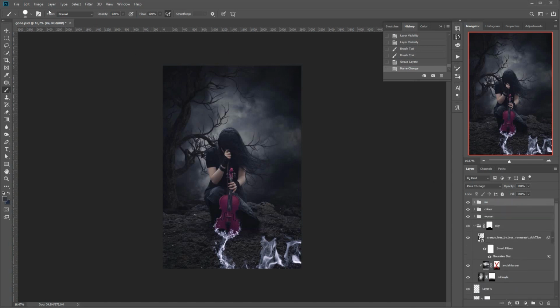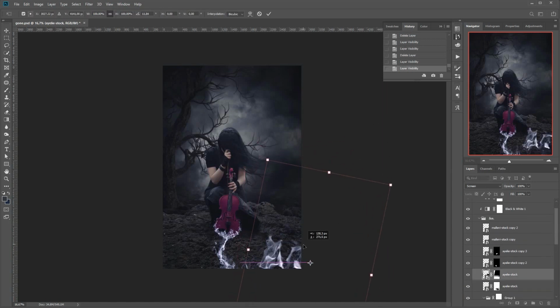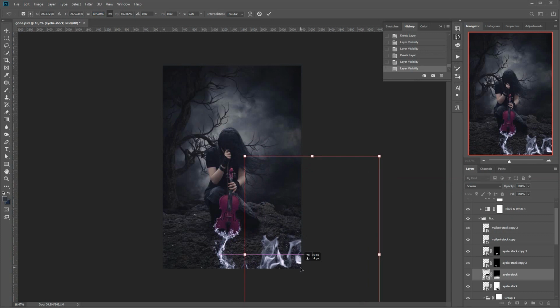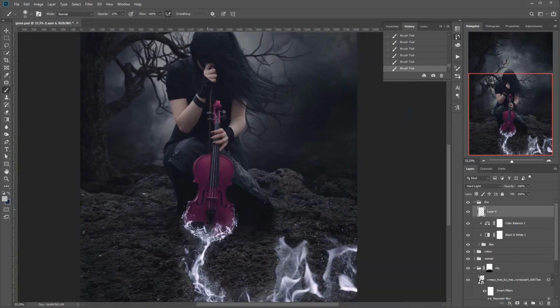So while you can watch me fiddle some more with the fire, adding some stuff, just getting rid of some stuff, and generally trying to figure out what I want, I can already tell you that the next step is going to be to make this glow a bit here. We're going in with hard light and a soft brush and some, a bit too blue. So I'm getting rid of the blue and just using some gray color and going in and adding some glow to the flames, because